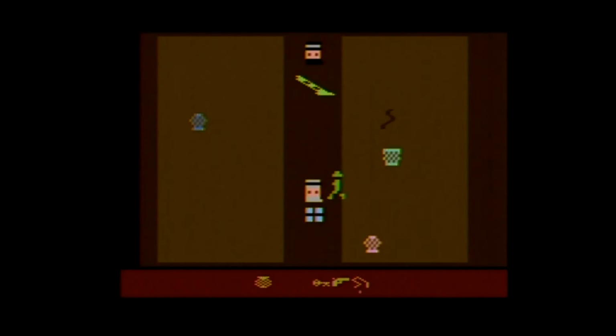Graphically speaking, this game is a mixed bag. On one hand, you could tell who Indiana is, and the Ark looks pretty good, and you also have several different screens. This isn't a single screen game like several Atari 2600 games, but it actually has several different environments for you to explore. But on the other hand, some things are very difficult to tell exactly what they are,